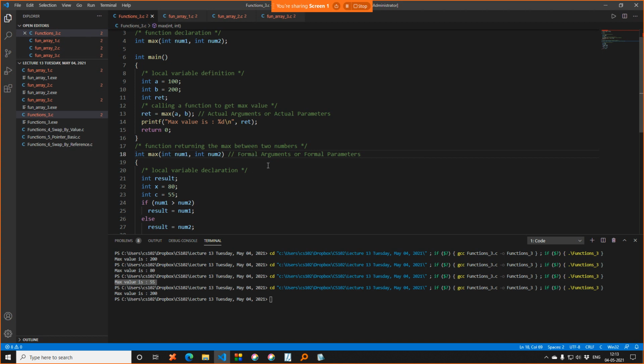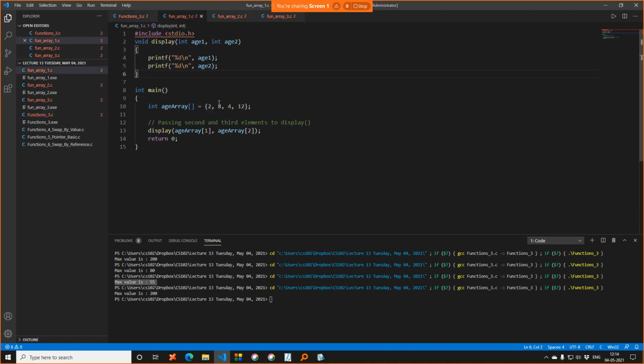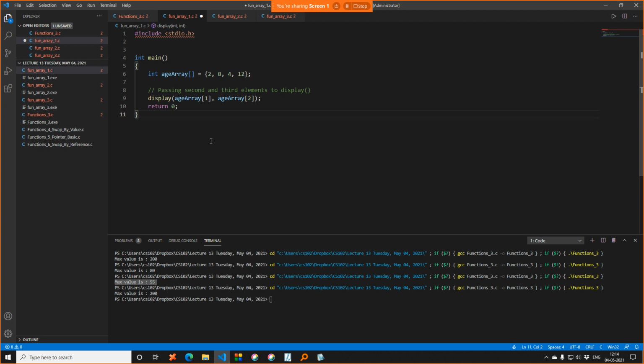So the values that are passed when the function is called are known as actual parameters. These are the actual values that are passed. And these num1 and num2 are known as formal arguments or formal parameters. Just terminologies, because on some websites for learning C, they will refer to them as arguments or parameters, formal or actual.